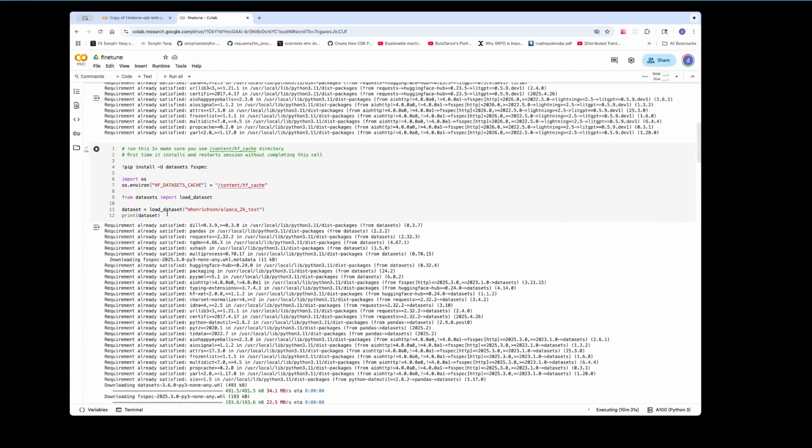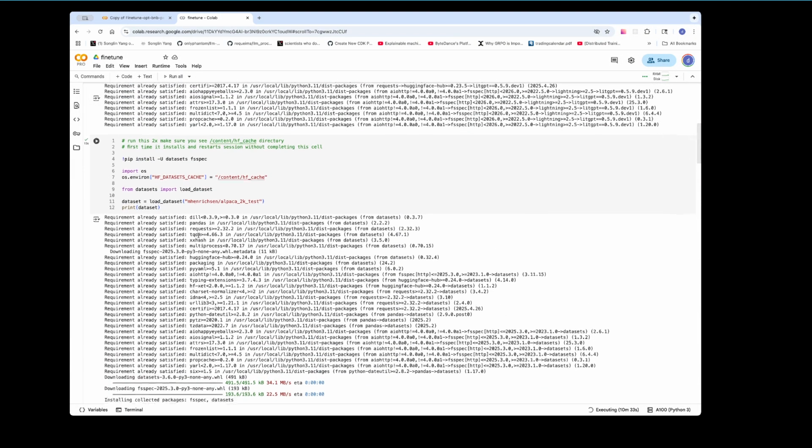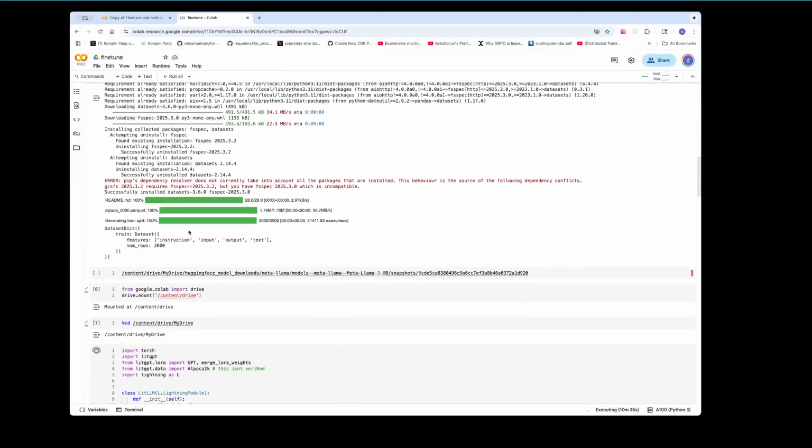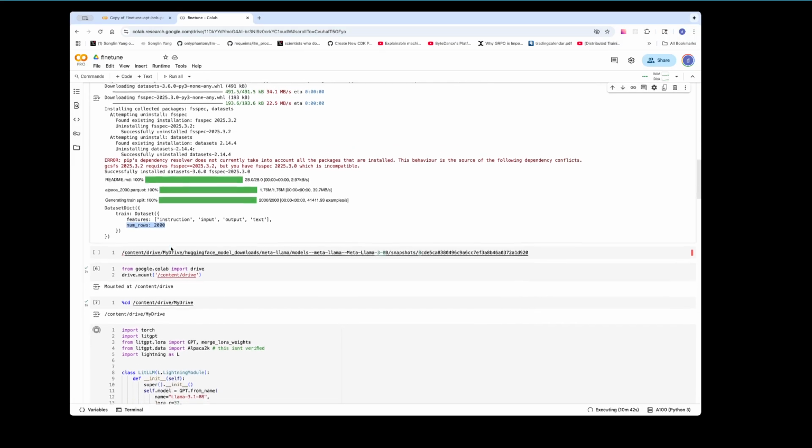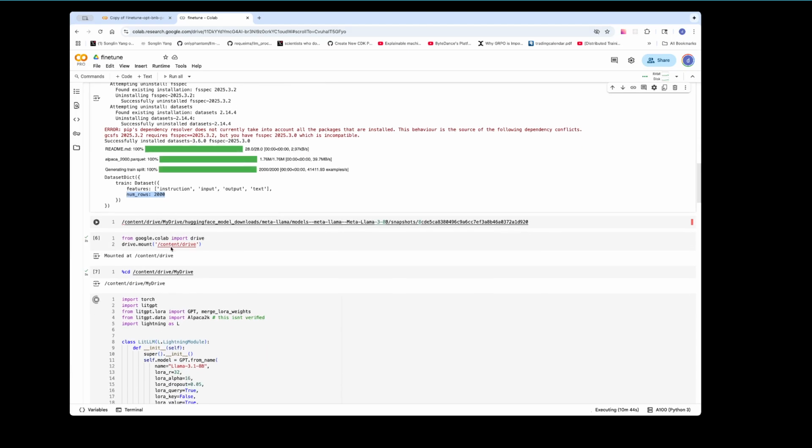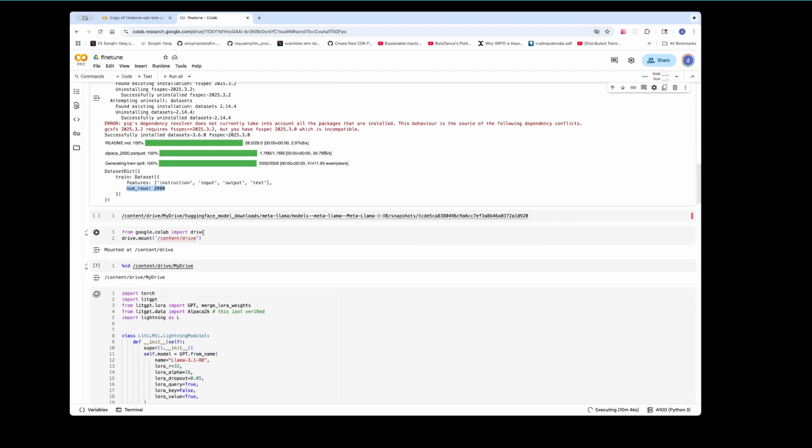Now in this case, we're downloading a data set from Hugging Face, and make sure to do the error check that you get the data set with, in this case, 2K rows. The next step, I didn't document this part, so we're going to skip over it, but this is a big issue: downloading the meta model or any model from Hugging Face takes a long time. And so it stores it under